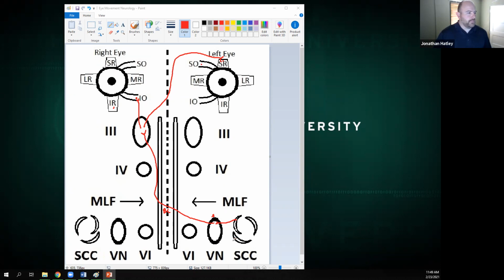this canal right here. So this canal is going to send signals out to the vestibular nucleus. And then specifically, these are going to go to the medial vestibular nucleus. So let me put an M in here. Medial vestibular nucleus, and those connections are going to synapse. So the neuron is going to come out from the posterior canal and synapse in the medial